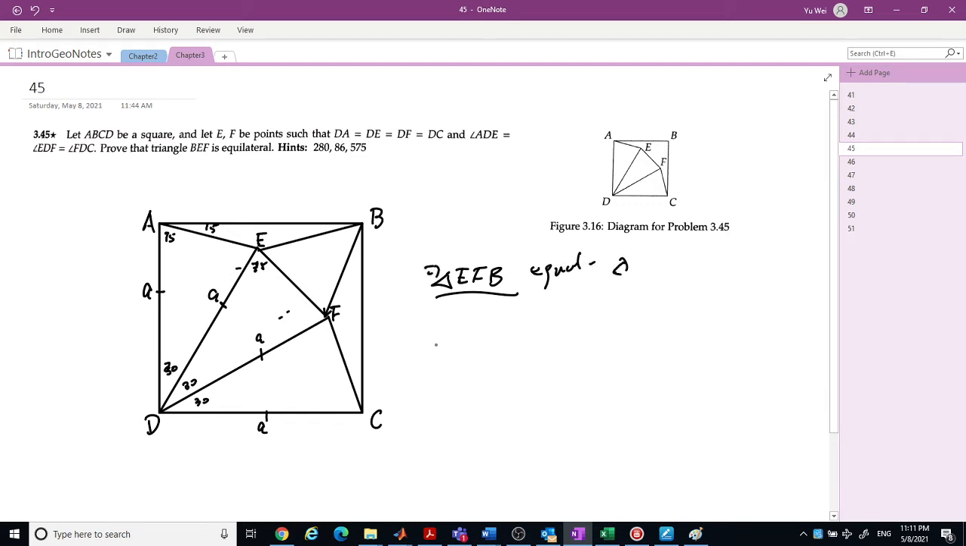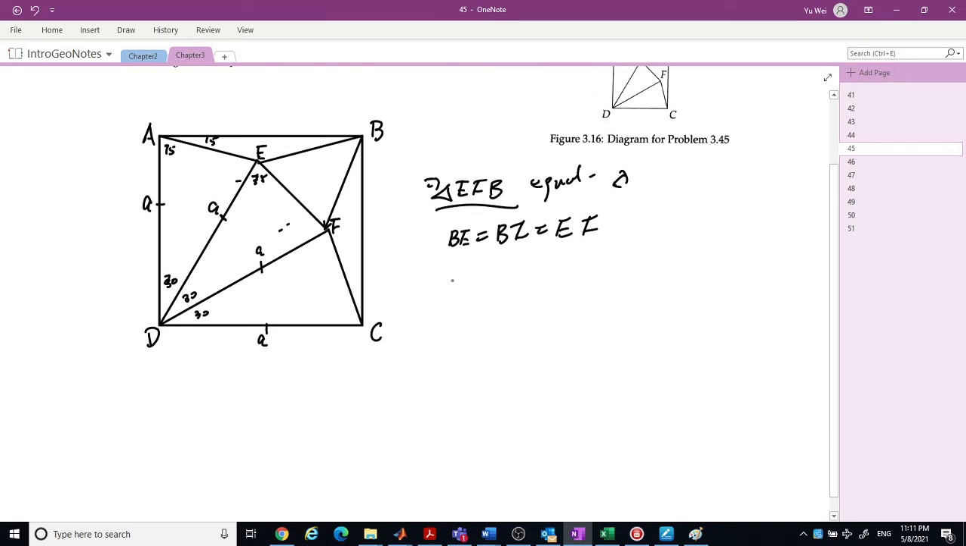Again, prove BE equals BF equals EF. And again, congruent triangles. You need to find those congruent triangles. Now it's really simple. Let me give you some auxiliary lines, because first you need to see